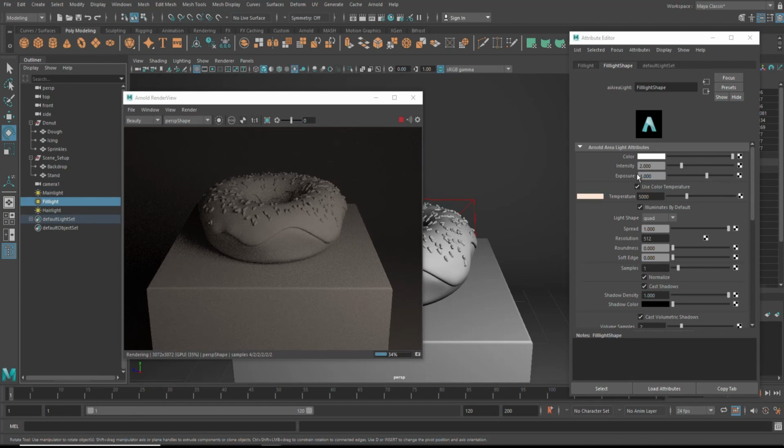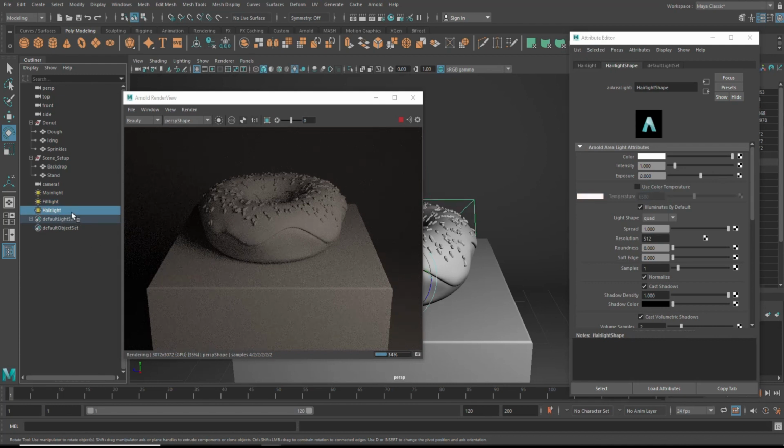Then our fill light, we'll set this intensity to 1. And we'll set the exposure to 2. Just so in these corners you don't see that light as harsh, right? Okay, temperature, again, we'll set that to something that's a little bit wider, 5500. Other than that, I'm going to leave that alone.